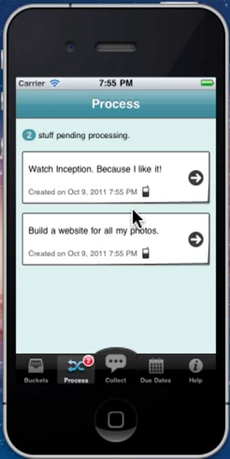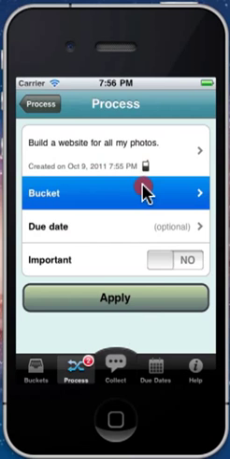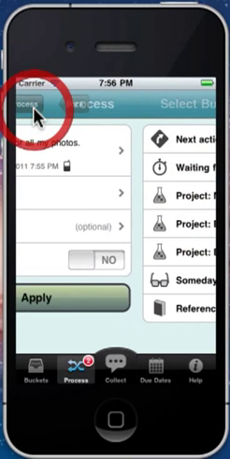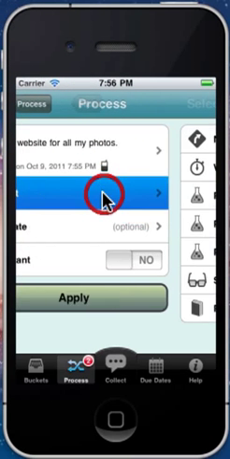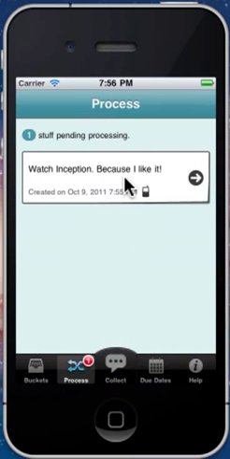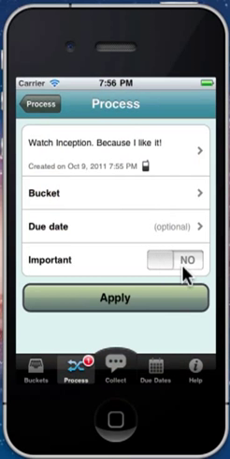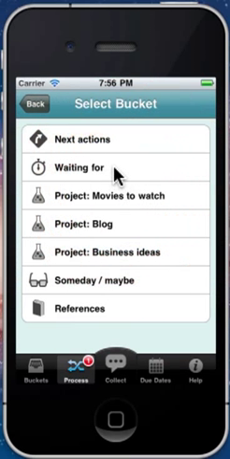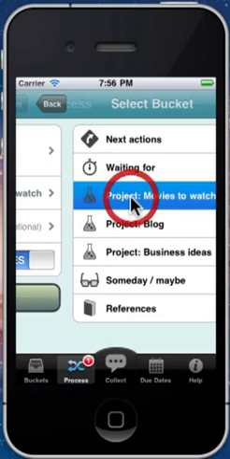Now, let's just quickly tag these. This was build a website, business IDs, apply that. Watch Inception, important, movies to watch, yes.